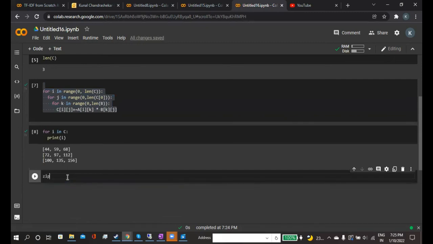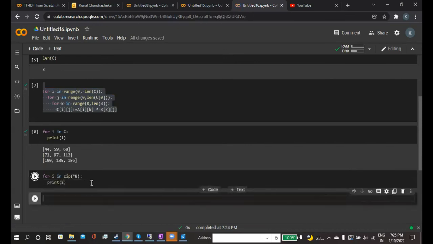So I will write zip and star B. B is our matrix which we have declared in the code above. For i in zip star B, print i.